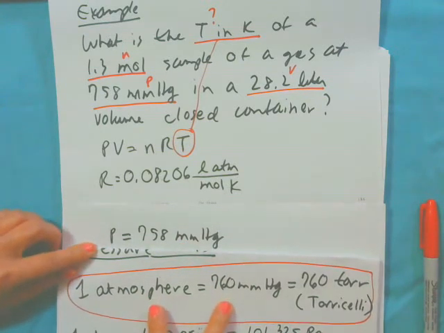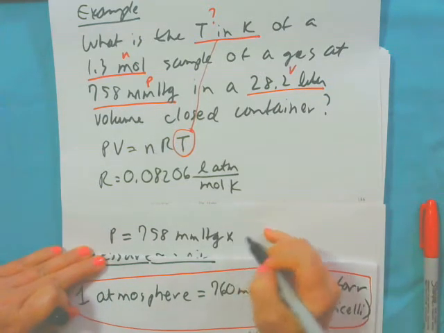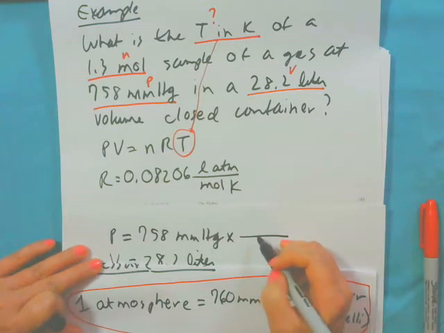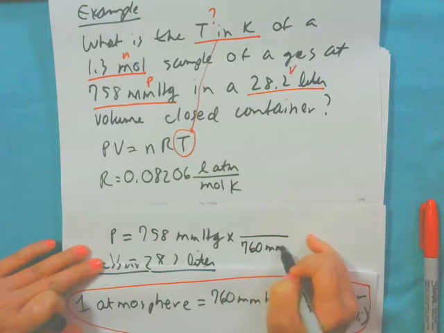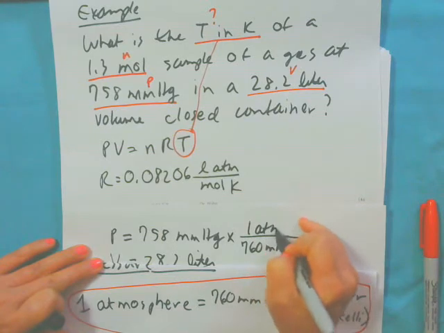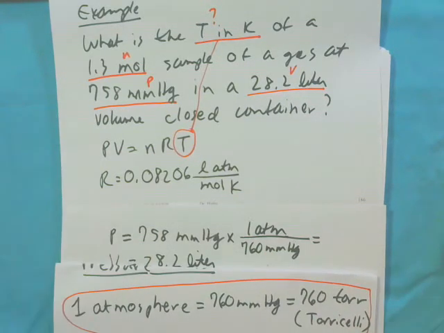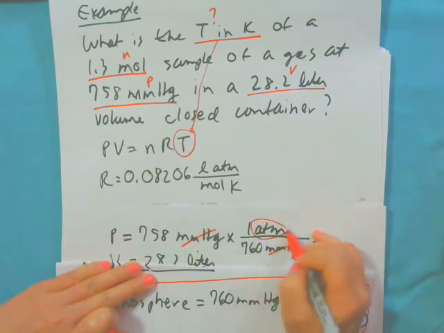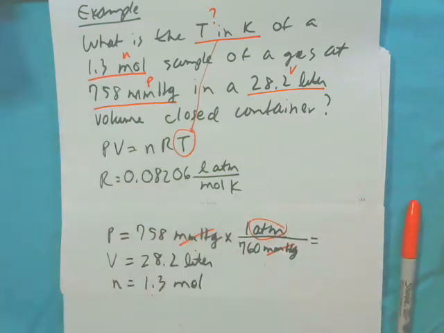So you know the standard old dimensional analysis idea where we are going to multiply by 1, and the 1 is going to have the same thing on top as on the bottom. So we're going to say 760 millimeters of mercury on the bottom, and we're going to say 1 atmosphere on the top. Now, why did I put the millimeters of mercury on the bottom? Because if I put millimeters of mercury on the bottom, it will cancel out, and then I'll end up with units of atmospheres for that number. So when I go ahead and do that,